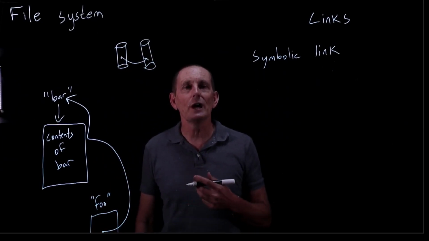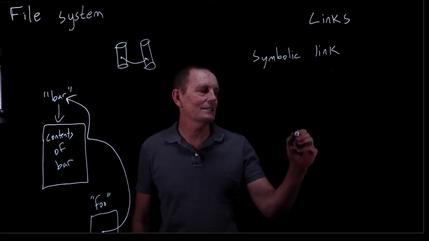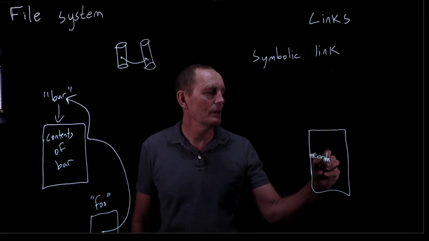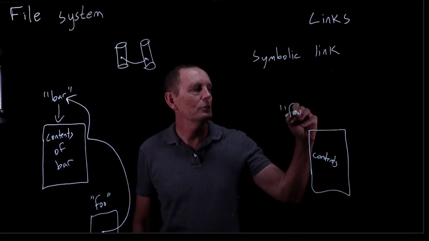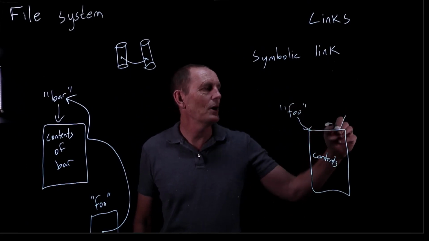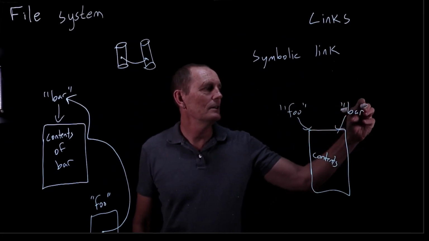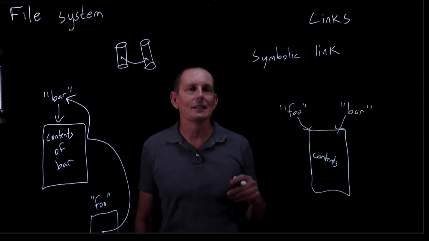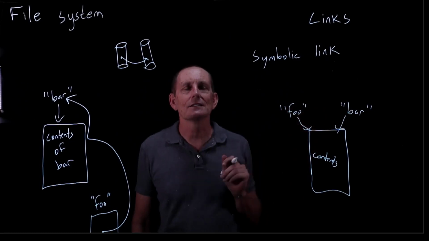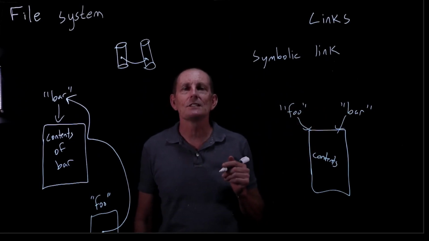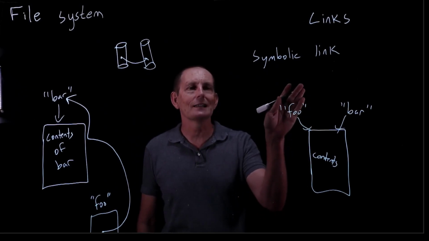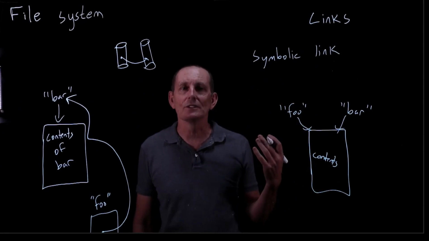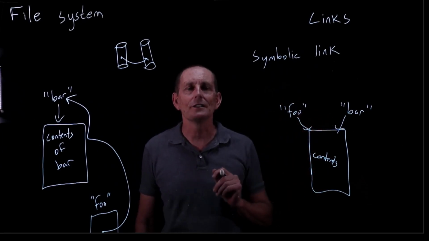So in this case, foo and bar are actually referring to the exact same contents. So we have our contents here. And then we can have foo that refers to this, and bar that refers to this. And there's no idea of which one is the real link to the contents. They are both 100% links to the contents. Now, one thing that the file system has to do there is make sure that when you delete a file, like let's say you delete foo, that it doesn't actually delete the contents. So there has to be somewhere a count to see how many links there are to this content.